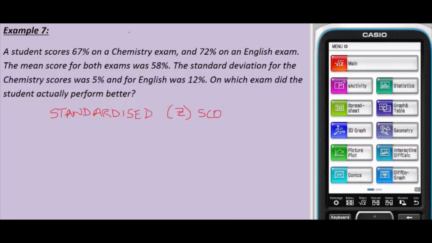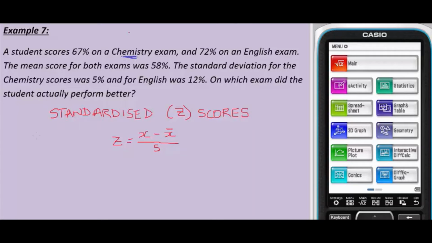And I'm going to put that little dash in the Z so it doesn't look like a 2, because I'm aware of how absolutely appalling my writing is on this. Now, the way you use the Z-score formula, the formula of Z is the actual score minus the mean over the standard deviation. So if I want to have a look at the first subject,